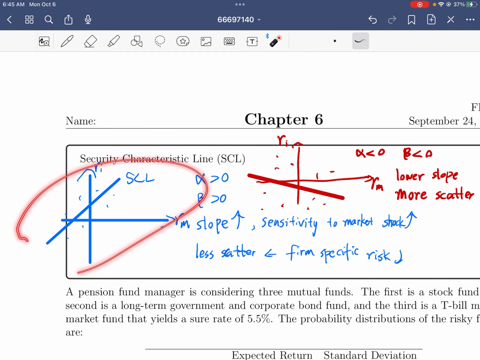So in this chapter, you need to know how to read those security characteristic lines. I think this is pretty much everything about this